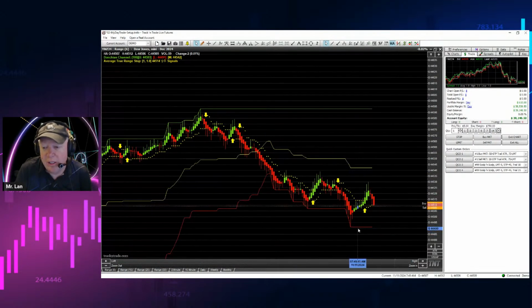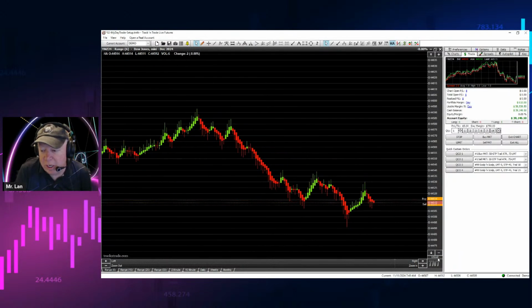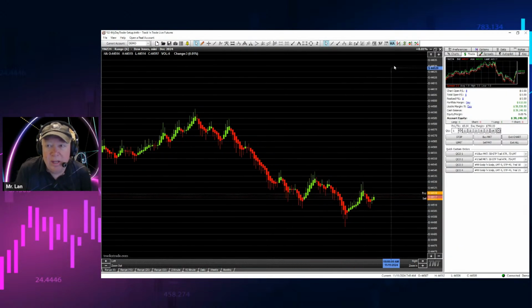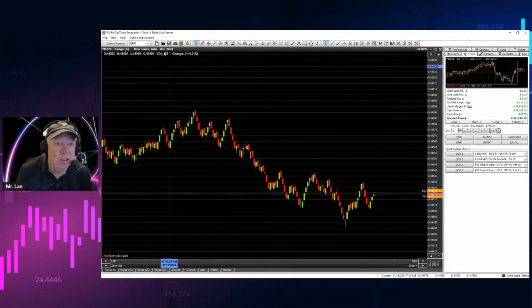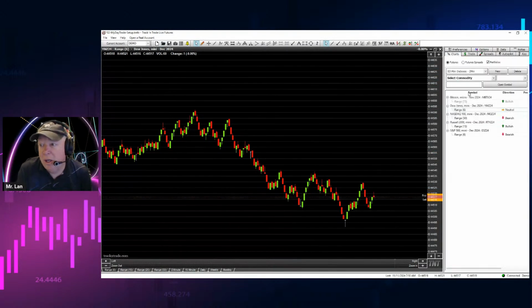Okay, so I'm just right clicking on the tiles. Let's remove the ATR. Let's remove the Donchian channels. Let's remove the VWAP. There's nothing here. I'm going to turn off the Heikin-Ashi bars, and I'm going to go to a standard 1 minute chart, the way they come out of